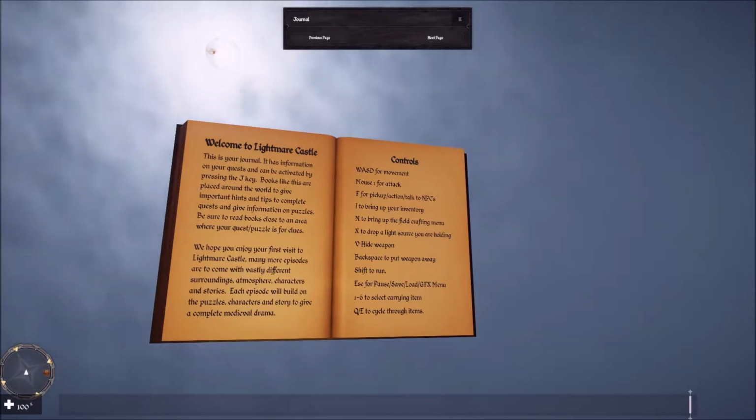Welcome to Lightmare Castle. This is your journal. It has information on your quests and can be activated by pressing the J key. Books like this are placed around the world to give important hints and tips to complete quests and give information on puzzles. Be sure to read books close to an area where your quest puzzle is for clues. I hope you enjoy your first visit to Lightmare Castle. Many more episodes are to come with vastly different surroundings, atmosphere, characters and stories. Each episode will build on the puzzles, characters and story to give a complete medieval drama. And we have the